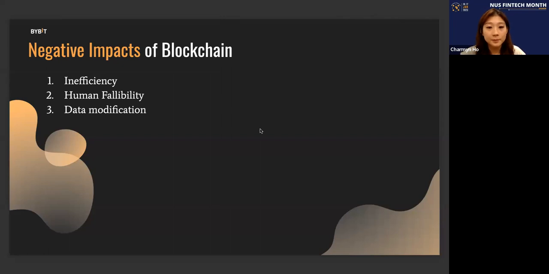So the last point that I would like to touch on is that, ironically, one of the main disadvantages of blockchain technology is in actuality one of its greatest assets, which is the immutability of data. So in simple terms, blockchain technology does not allow easy modification of data once recorded. And it requires rewriting the code in all of the blocks, which is extremely time consuming and expensive. So the downside of this feature is that it is hard to correct a mistake or make any necessary adjustments.